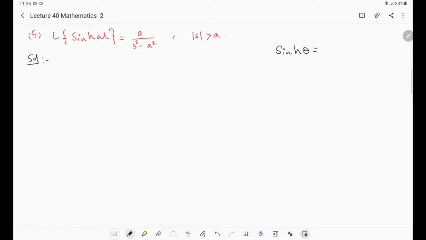Sinh theta is given by (e^θ − e^−θ)/2, so I have to use this. The value of sinh at, in view of this formula, is given by (e^at − e^−at)/2. Now, take the Laplace transform of this. Laplace transform of sinh at is given by 1/2 into